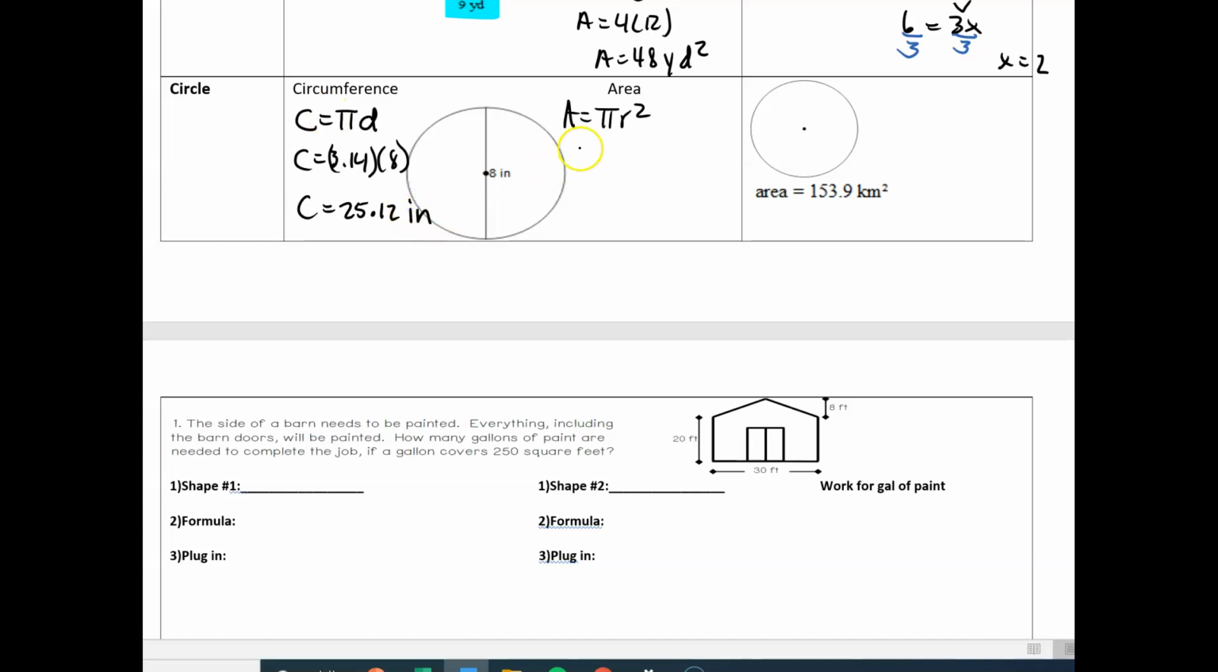And then your area is equal to 3.14 times r squared. You're not going to use 8 because 8 is your diameter. So that means you just need half of this so that your radius is 4. So times 4 squared. Well, 4 squared is 16. So 3.14 times 16 will give you your answer for your area, which is